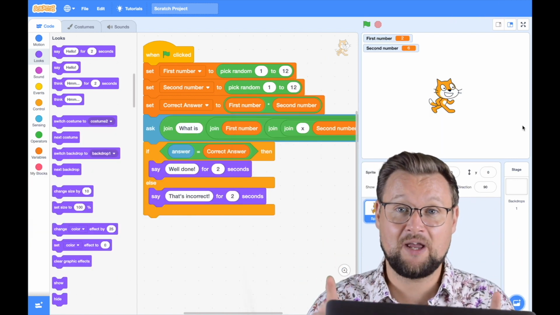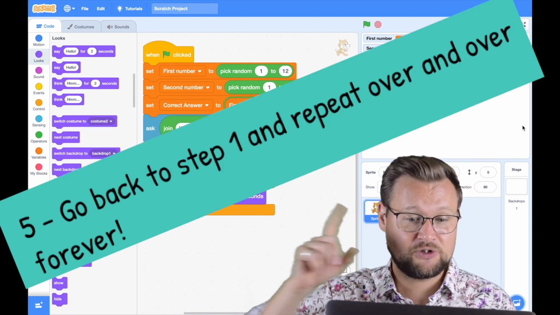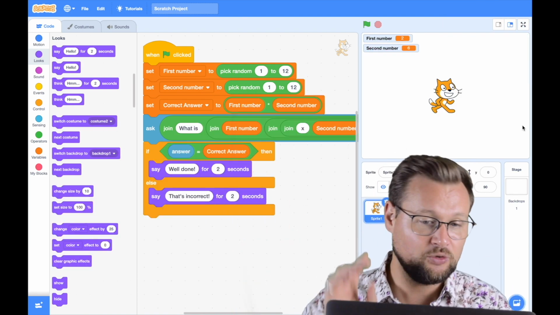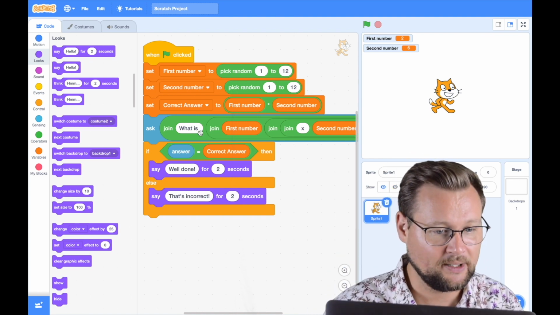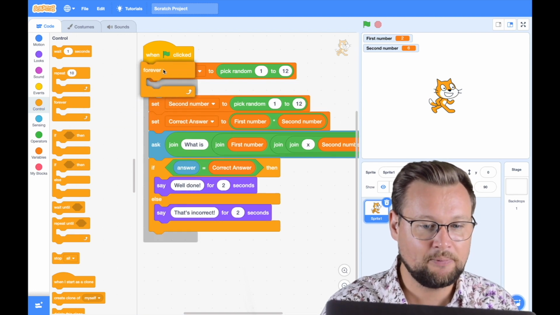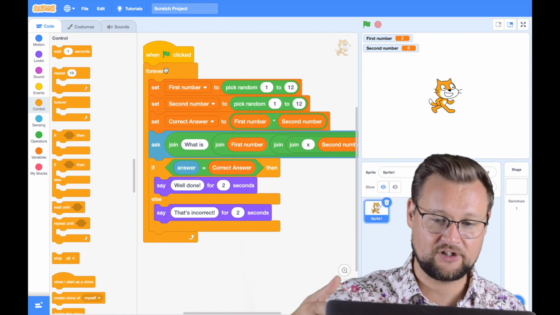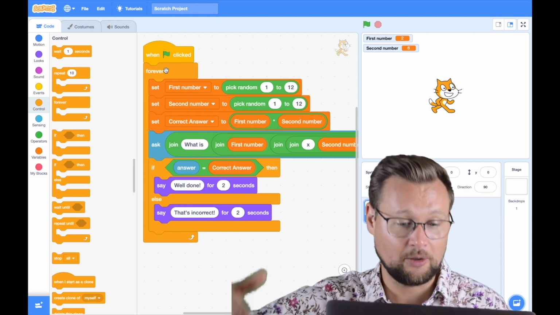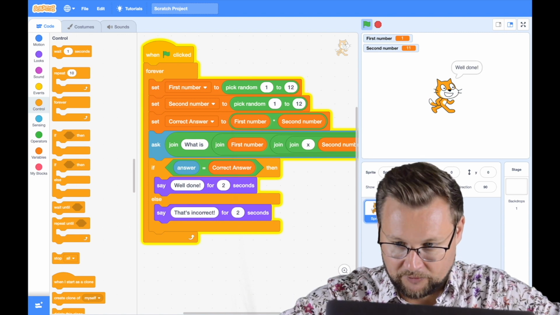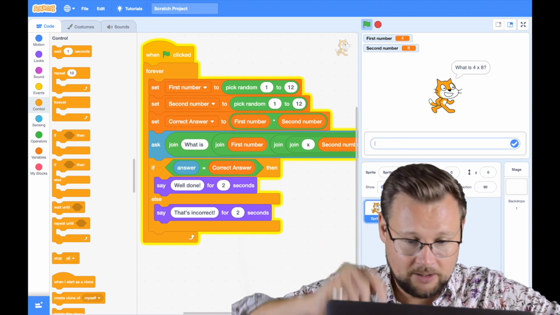So one final step in our algorithm, in that this quiz was not supposed to just ask us one question, it was supposed to keep asking us questions over and over forever. It's infinite times tables. So the way we do that is really straightforward. We simply go to the control menu and we get a forever loop and we pop the whole of our code, all of it, into a forever loop, because all of the steps that we've coded there, we want it to just go back to the top and repeat over and over. And now we have got, well done, a times table quiz that will just keep asking us times tables questions